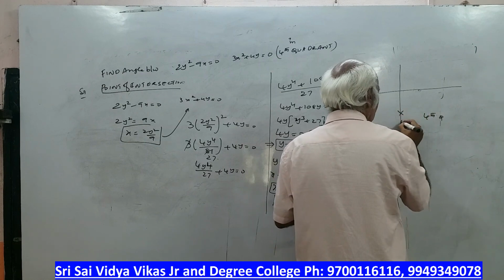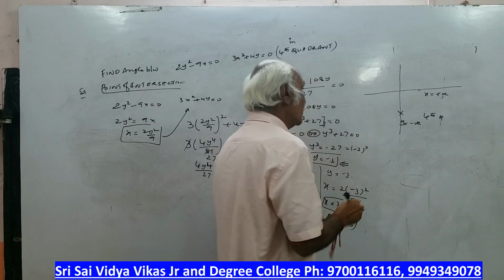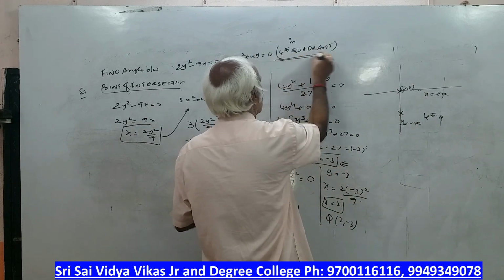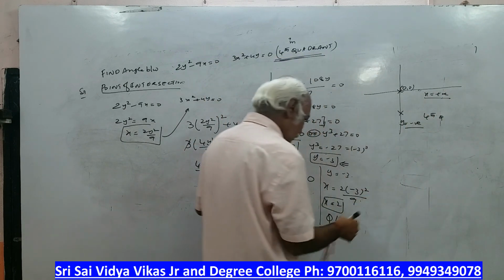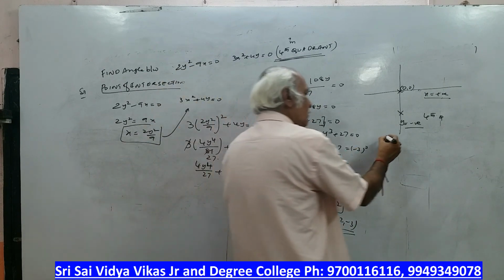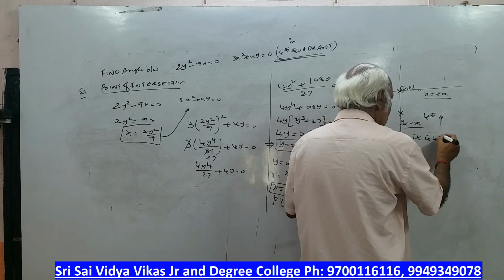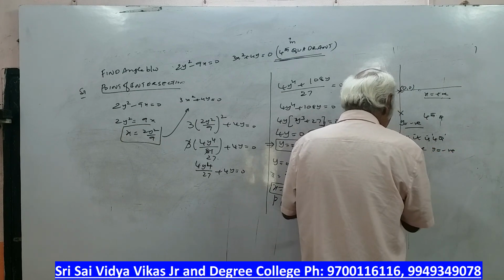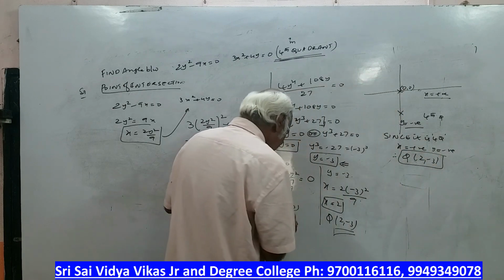Now you know very well, in the coordinate system, this is the fourth quadrant, sir. In the fourth quadrant, y is negative, x is positive. So this is the origin. But he says fourth quadrant, so which point do we have to consider? x is positive, y is negative. So x positive is 2 comma minus 3. Therefore, since it is in the fourth quadrant, x should be positive, y should be negative. Therefore the Q point 2 comma minus 3 is the point required. We should not consider the origin.